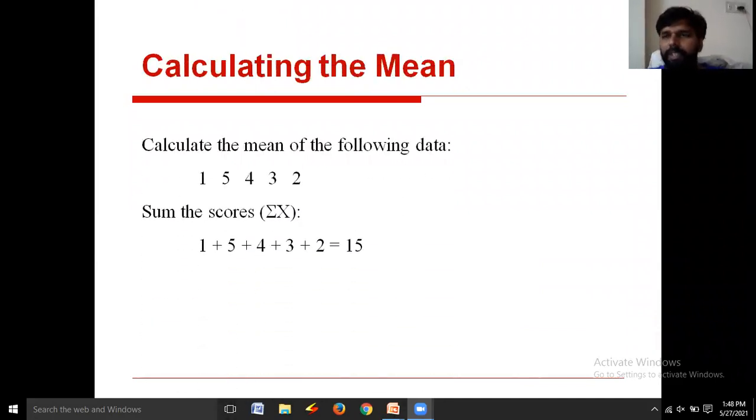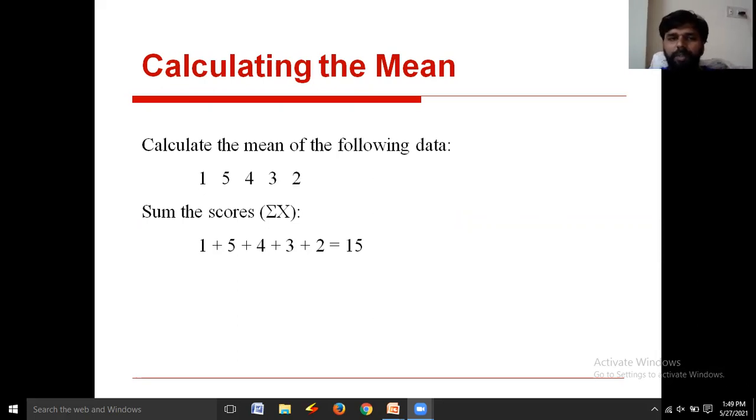See, these are the examples I already discussed with you regarding central tendency. Right? This is the example for mean calculation. Here sigma indicates summation of x, where x indicates the elements which are in x. Here 1, 5, 4, 3, 2 are the elements in x. We are summing all the elements by using this formula. Summation of x means 1 plus 5 plus 4 plus 3 plus 2. You will get 15 as the sum.